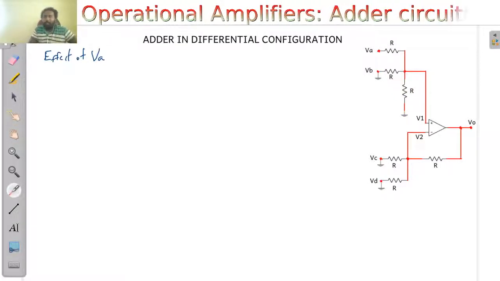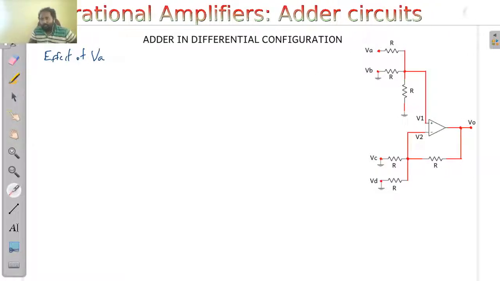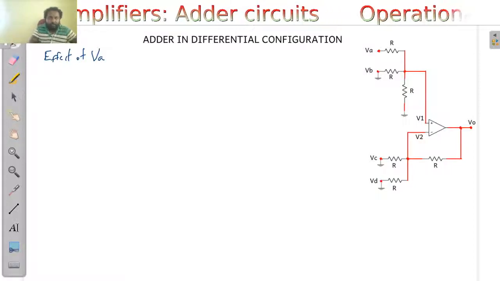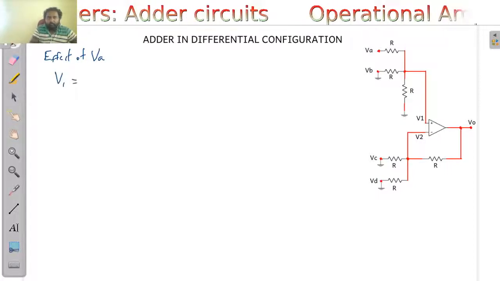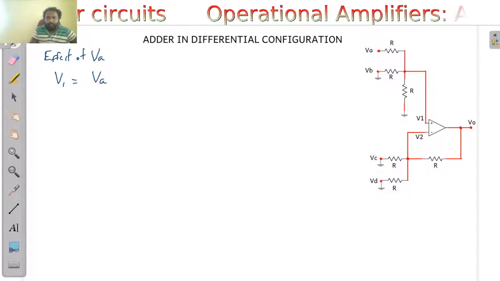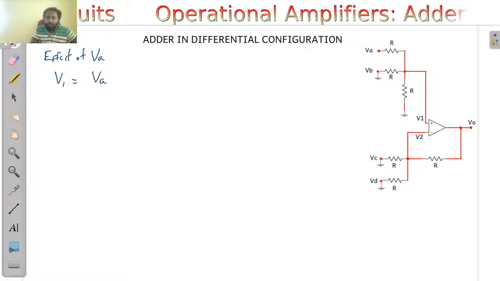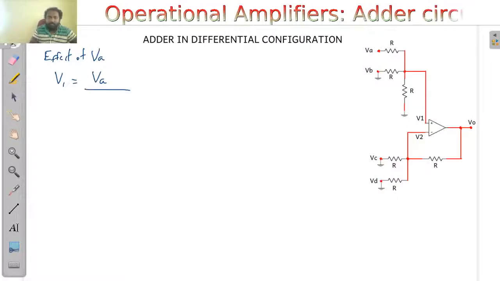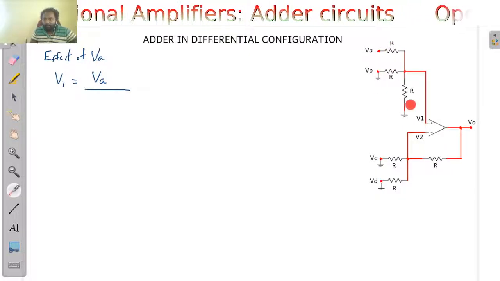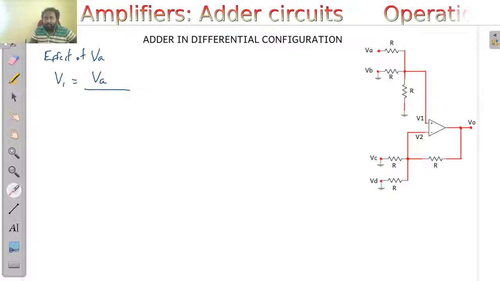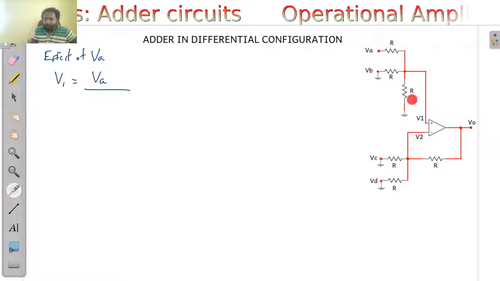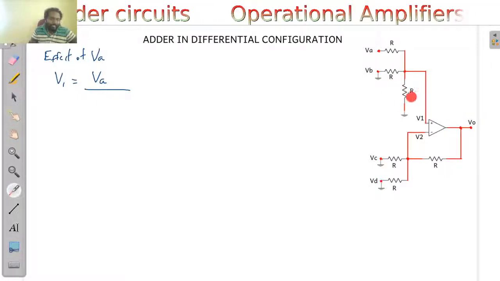So I can write the equations for that, and I can consider the voltage at this point as V1 equal to the voltage applied at this point, the input VA, divided by the total resistance. One resistance is this resistance R. The second resistance is the effective resistance of this resistance and this resistance, that is R into R by R plus R, that is R by 2. So this effective resistance is going to be the second resistance in this case.